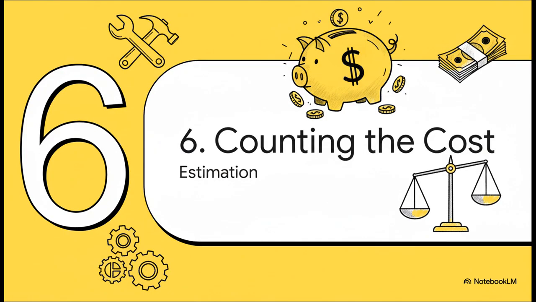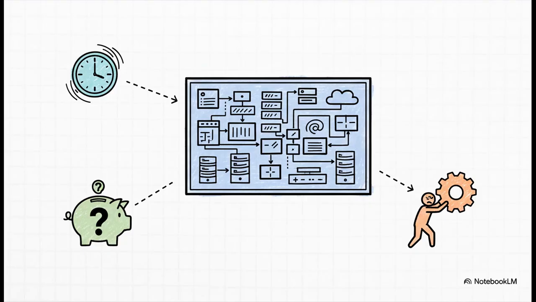So we built it. We've tested it. Now comes one of the toughest parts of the whole project, figuring out the final cost. This is like getting the final bill from the contractor and making sure it matches what you agreed to in the beginning. And I'm not going to lie, this is notoriously difficult to get right. Trying to accurately predict how much time, effort, and money a software project is going to take is a massive challenge. But for any business, it's absolutely essential for managing budgets and resources.